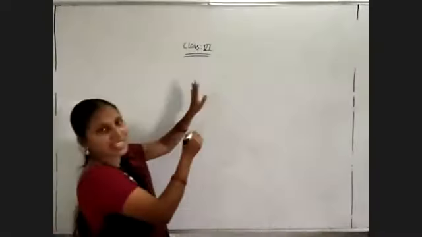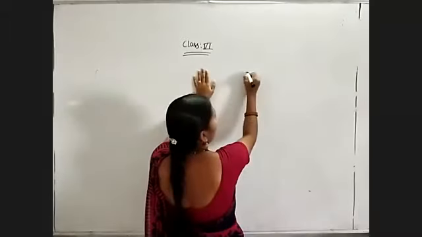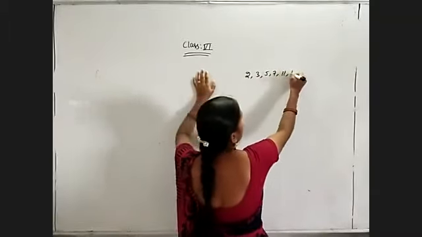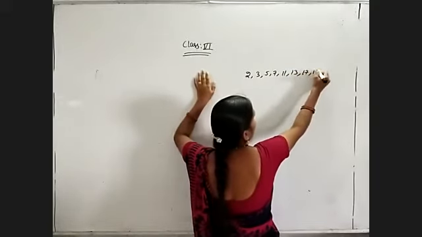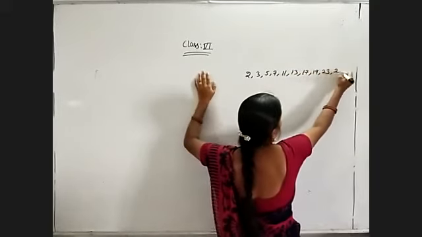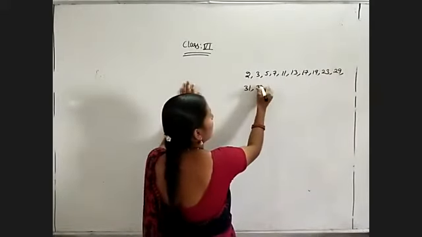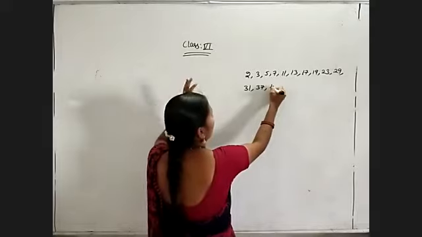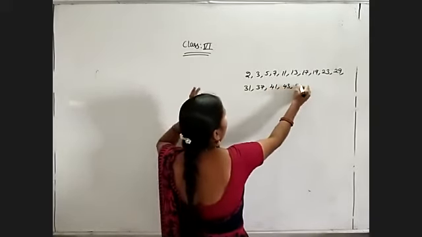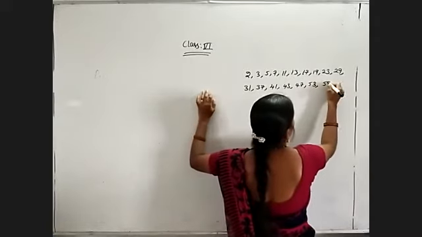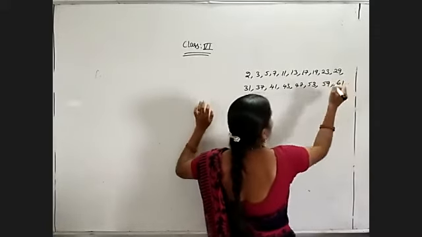So here I am writing prime numbers first of all. 1 to 100 prime numbers: 2, 3, 5, 7, 11, 13, 17, 19, 23, 29, 31, 37, 41, 43, 47, 53, 59, 61,